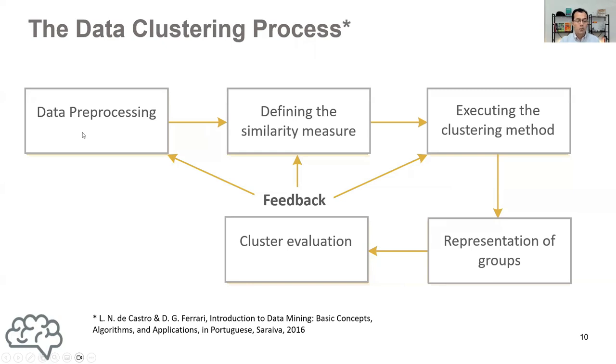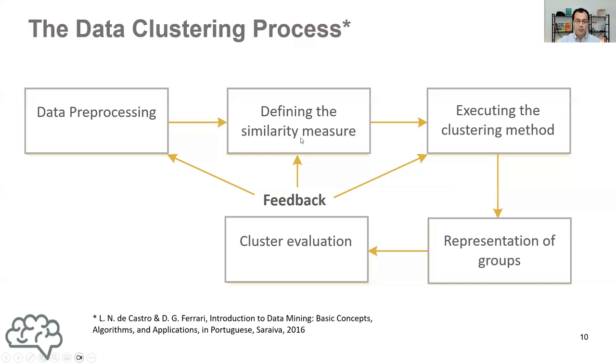This means normalizing variables such that all of them have the same range or the same domain. If you're dealing with text, for example, you can make all your text capital letters or all your text small letters, right? So any type of data preparation is called data pre-processing,